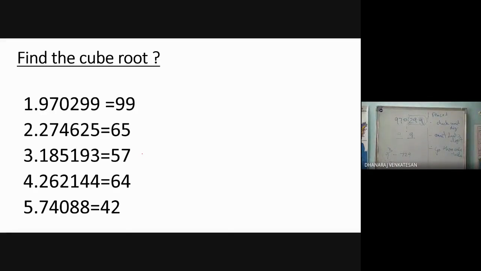Okay. This is much simpler than the square root sum because square root will have two choices for this second digit value. But here you won't have a choice. So if you find a number like that, you put the number here. If it is 9, put 9, 1, 1. But for 3, you have to put 7. For 2, you have to put 8. Inverted. Only for those 4 numbers you have to change: 2, 8, 3, 7. If 2 comes, you put 8. If 8 comes, you put 2. 3 means 7, 7 means 3. Inverted. For all other numbers, you put that number directly here for the second digit. For the first digit, you have to go through the table and check.